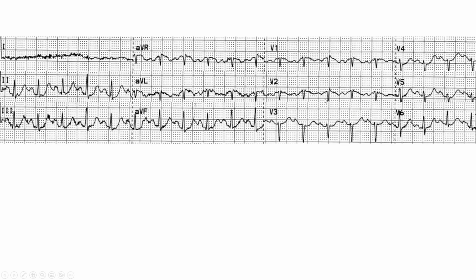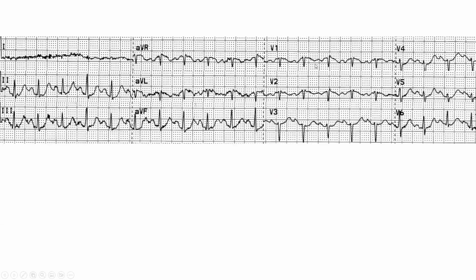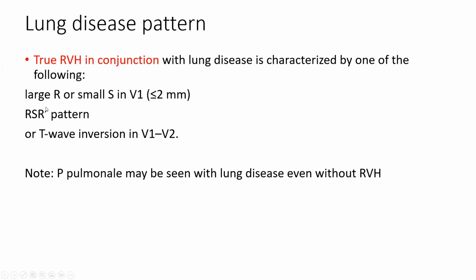To diagnose RVH on top of that, you need additional features, and the additional features are these. You want a large R or small S in V1. So it's not just that you have deep S throughout. Maybe in V1, the R is bigger than the S, or the S that is bigger than R is still very small, like the whole complex is small and S is less than 2 millimeters. Or you will have the strain pattern that will suggest RVH, T inversion in V1, V2. So that will suggest RVH in conjunction with lung disease. Or you will have an RSR prime pattern that will suggest RVH on top of lung disease, including RSR prime